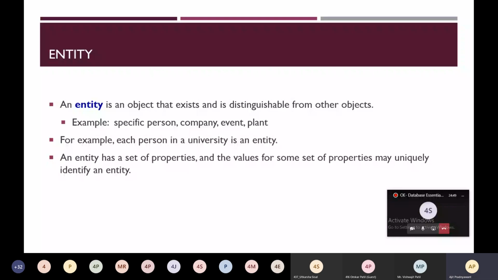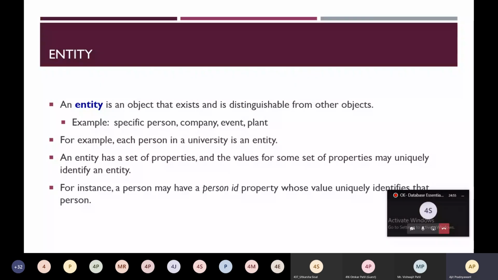For instance, a person may have a person ID property whose value uniquely identifies that person. Or take another example, student is an entity, where roll number is a property of that student. And by looking at the roll number, anyone can uniquely identify that particular student. So this is the entity and property of the entities.